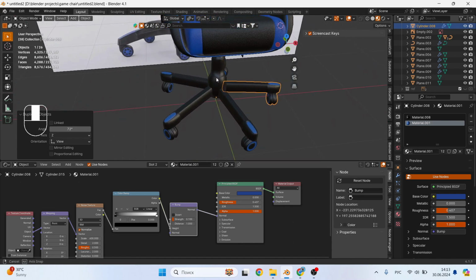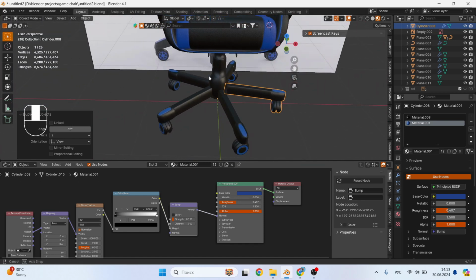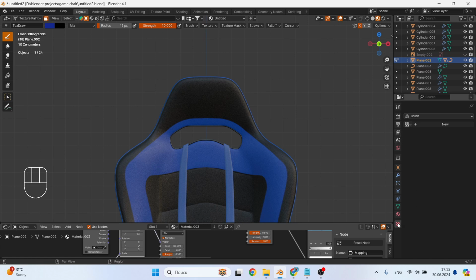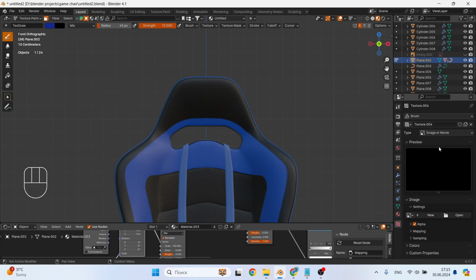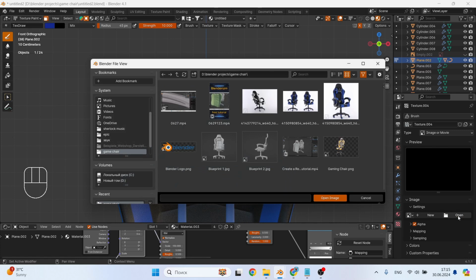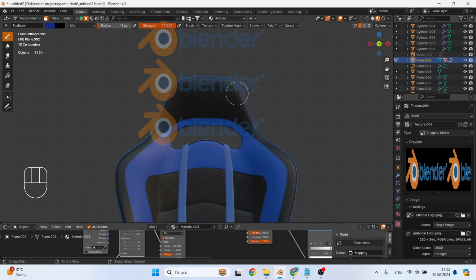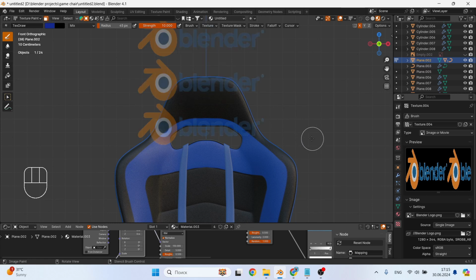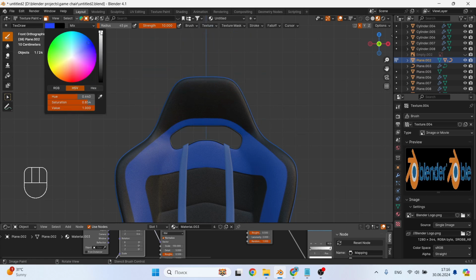At this stage I want to show you a very cool way how to apply textures to objects. I really like this method, so I want to share it with you. Go to the Texture tab, add a new texture and find the image or logo that we want to apply. At the top in the Texture Mapping tab, with View Plane enabled by default, we need to change it to Stencil, and then the texture appears when we hover over the viewport. In order for everything to work, you need to change the brush color to white.